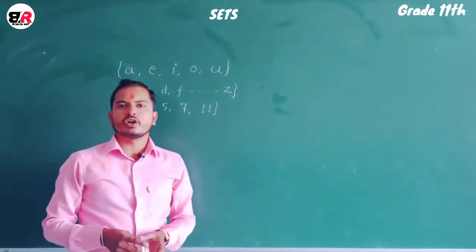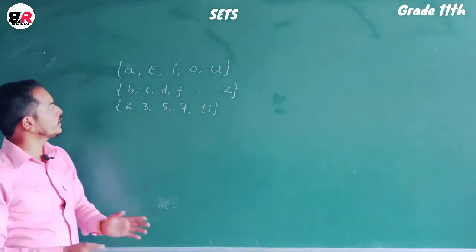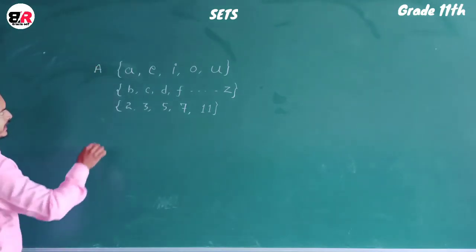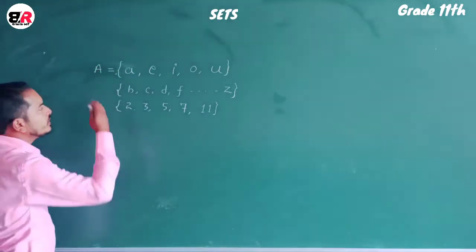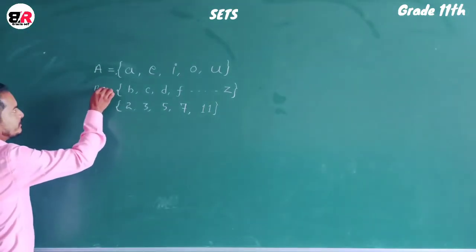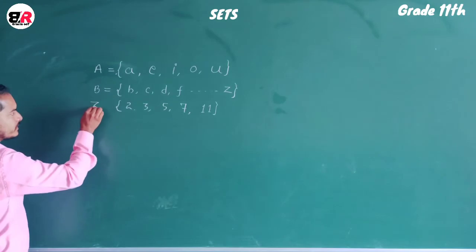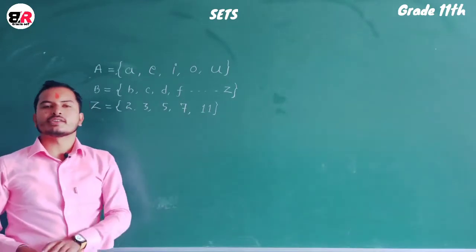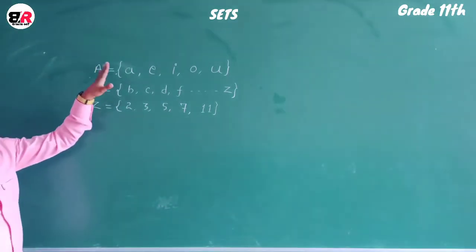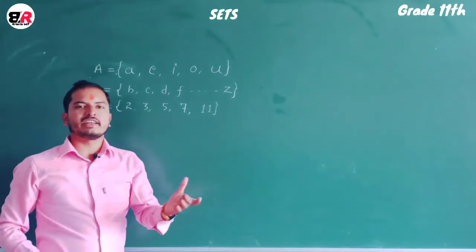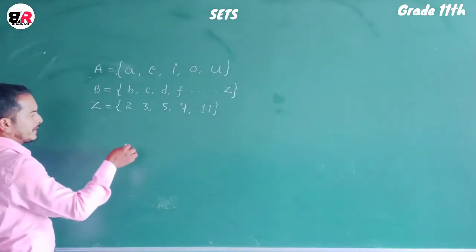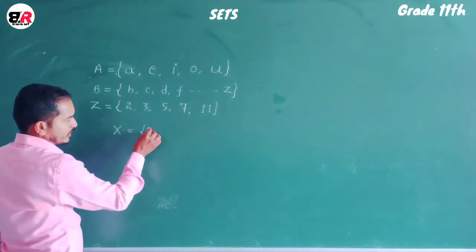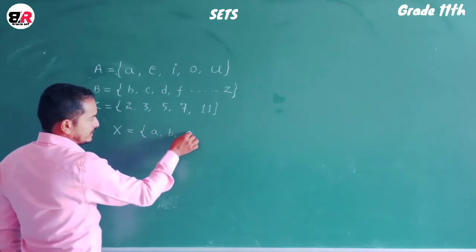Now let us talk about the notation for sets, how we denote a set. Sets are basically denoted by capital letters of the English alphabet, such as A, B, C, D, E, F till Z. And the elements that are contained in a set are denoted by small letters of the English alphabet. If I write a set X is equal to, its elements are denoted by small letters, that are a, b, c.